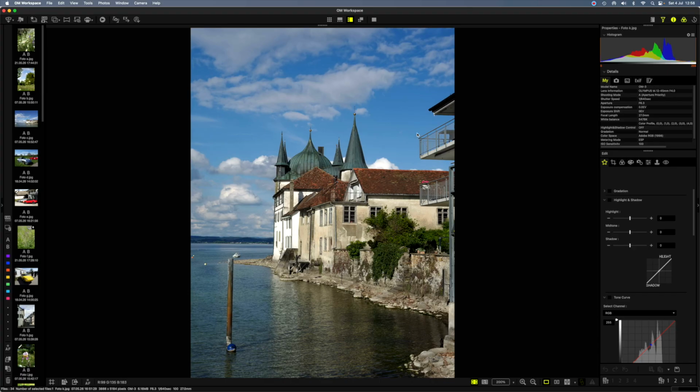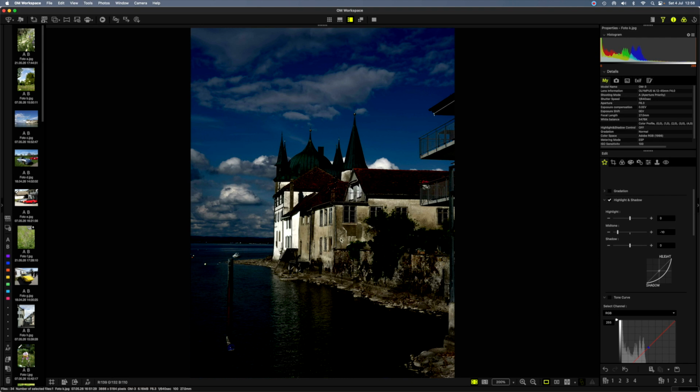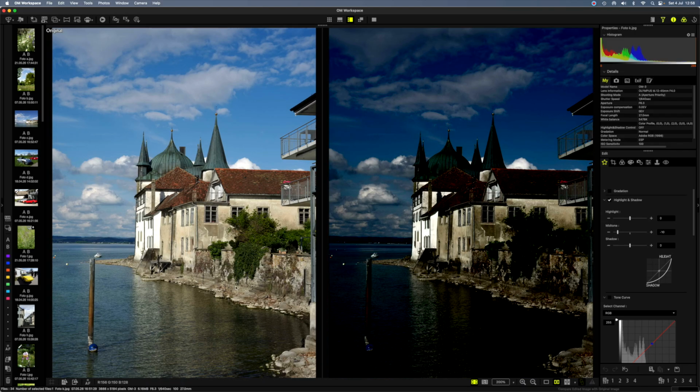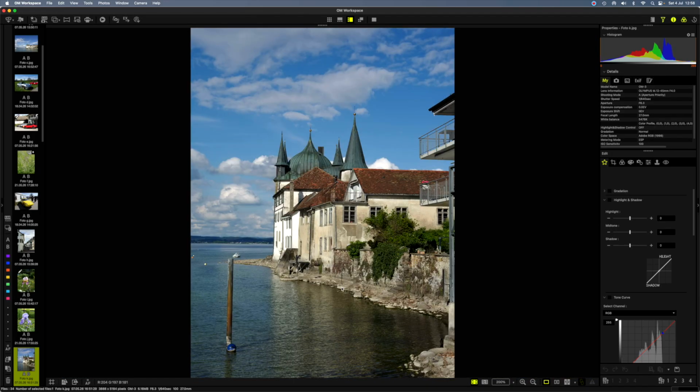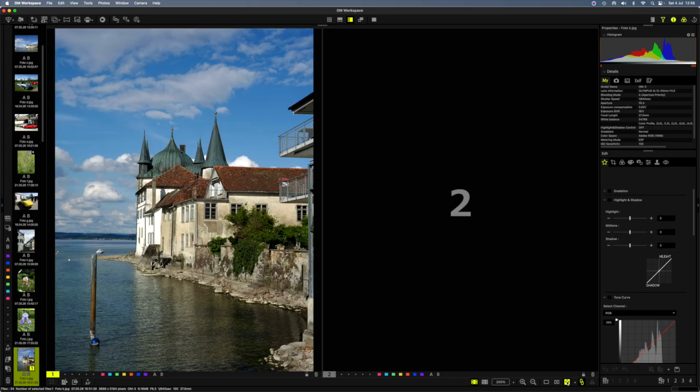So when you have an image in front of you, you obviously have this option selected here, bottom right. If I do a change here, if I edit this image, and I want to look at the before and after, I would select this function here, and then you see the before and after. So I can reset it again. Now there's no before and after. I can go back to the image mode. And then I have an option in Workspace which has really become very interesting.